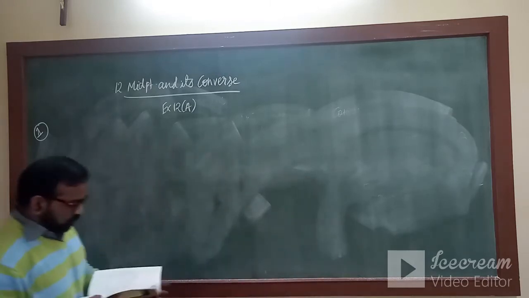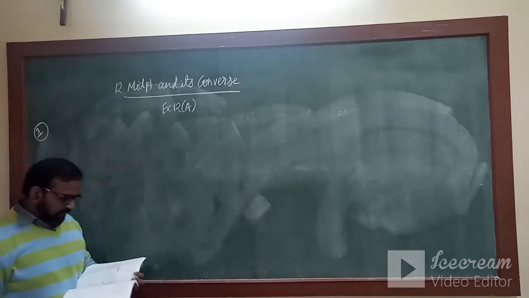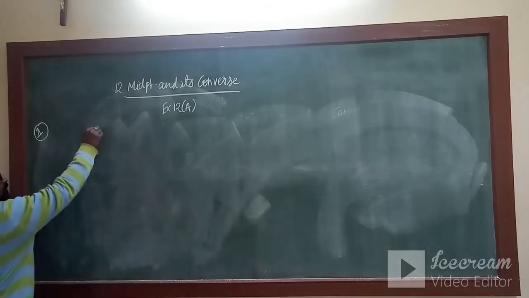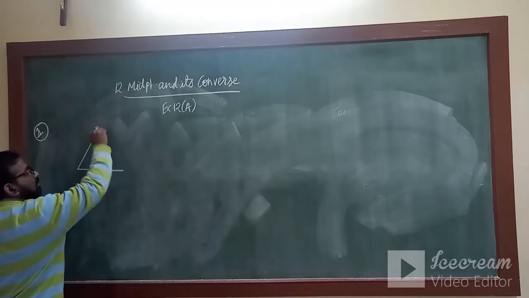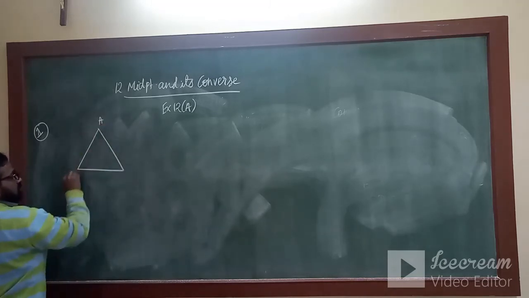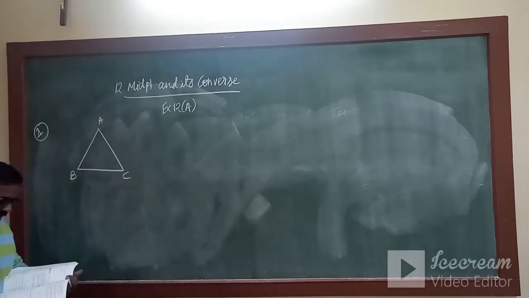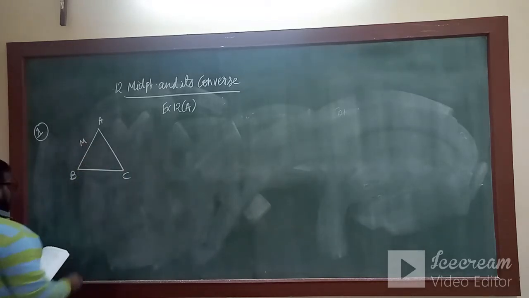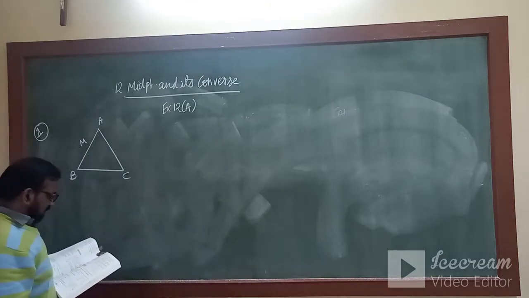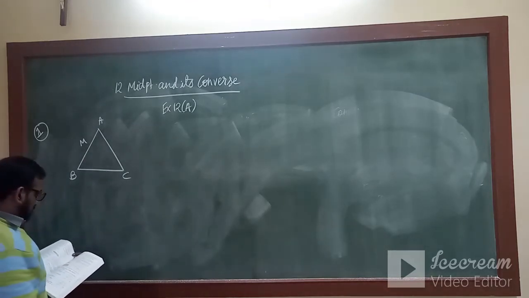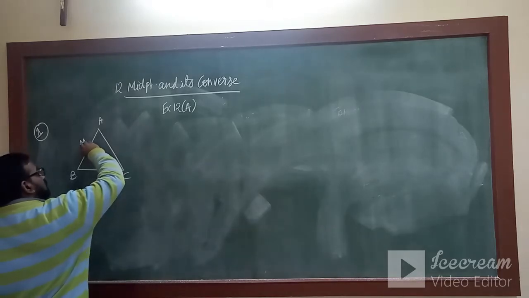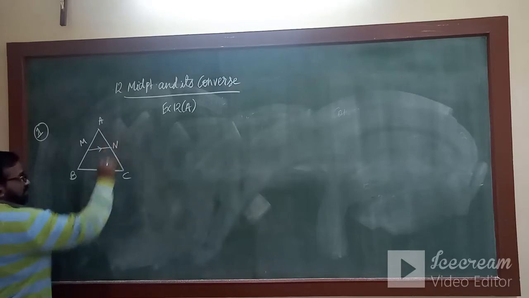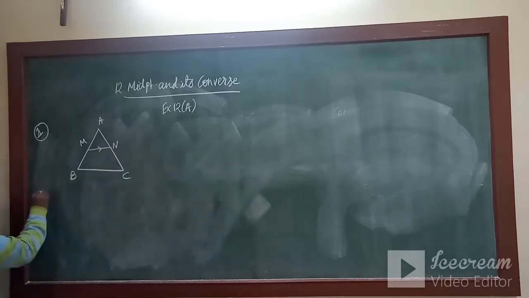Okay, so let's discuss a few questions of midpoint theorem, exercise 12a. So in the very first question, in a triangle ABC, so I will draw a triangle ABC. This is ABC. M is the midpoint of AB. So see, it is given that M is the midpoint of AB and a straight line through M parallel to BC cuts AC at N. So it is given that a straight line is drawn and it is going to N and it is parallel to BC.